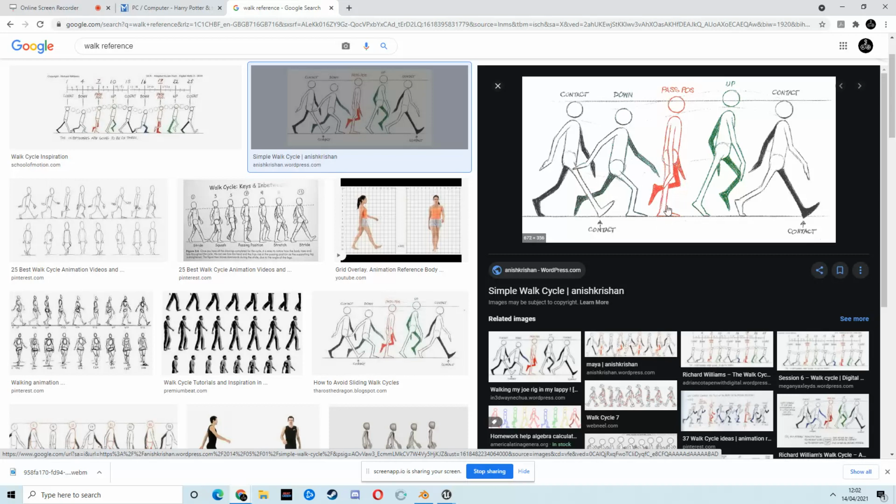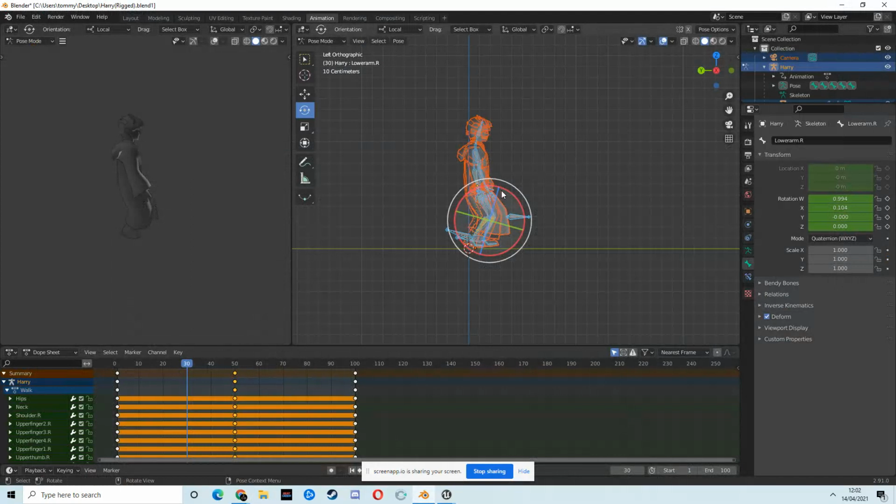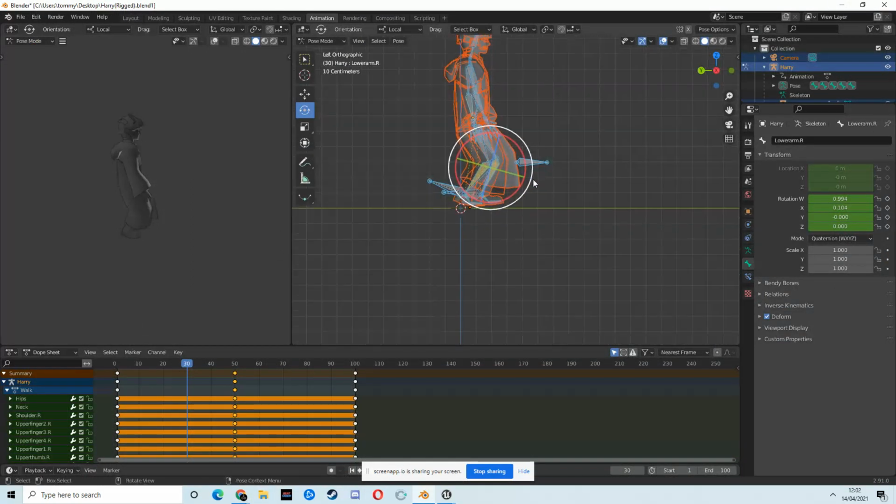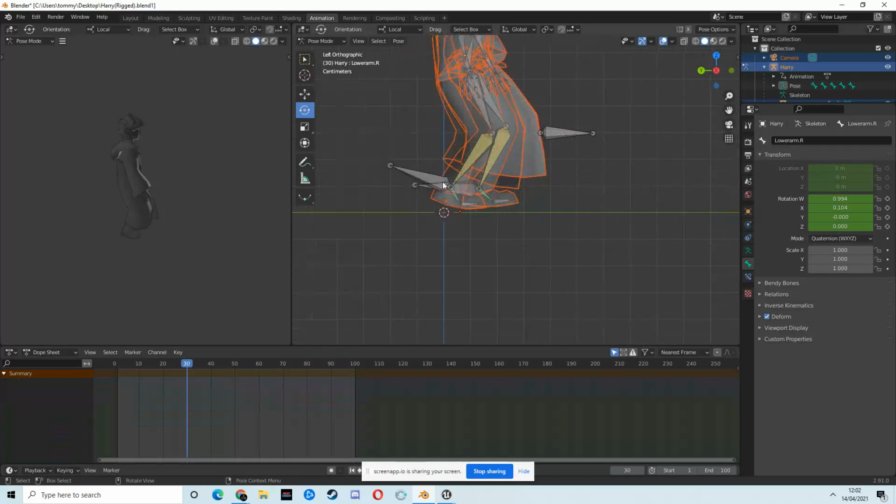Foot flat on the floor, foot coming back, arms are in the center, but the arms should be done. And then this leg is like a bit of a right angle, and the foot is sloping backwards off the ground. Okay. Now, the further the foot is off the ground, the more exaggerated the walk cycle will be. So that's something to keep in mind. We don't want a ridiculously